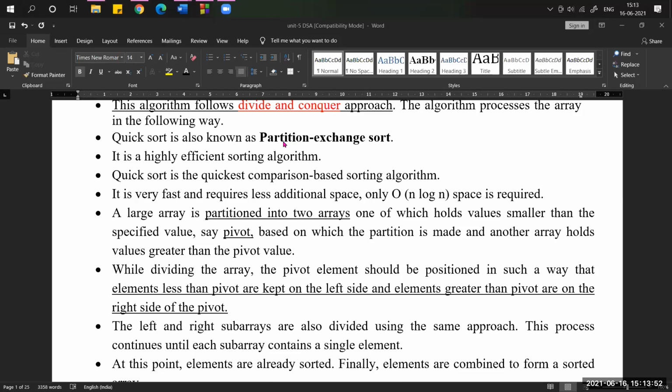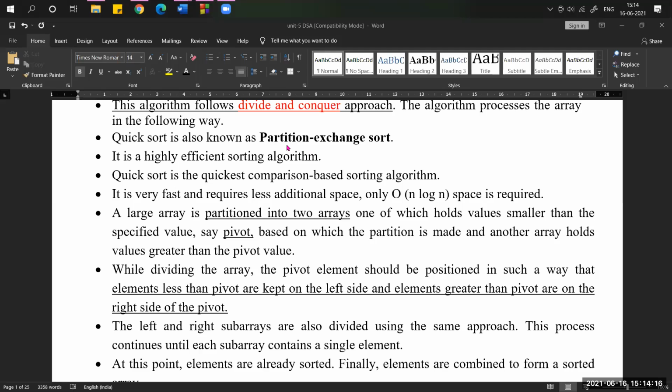Based on the middle number. If an array has 5 elements, I will take the third element, so that I can equally divide it, with 2 elements on the left side and 2 elements on the right side. Simply we can say it is like a tree. If I pick the third element as the root node, then I can add 2 elements on the left side and 2 elements on the right side.